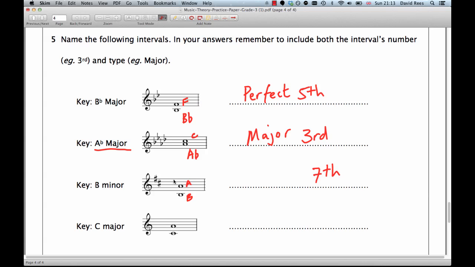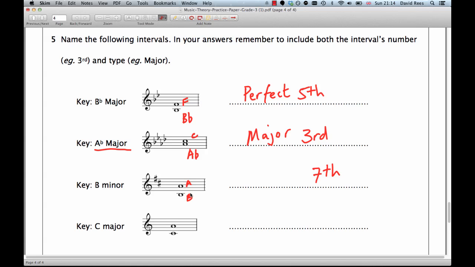And again, we've got to ask ourselves the question, what type of seventh are we dealing with? We know it's a seventh of some kind, but there are a few different types of seventh again. The way we work that out is exactly the same way as we did above. We think about the scale of B major. Now B major is one of those that is pretty far around the circle of fifths, almost at the 6 o'clock position, which means that it's got quite a lot of sharps in the key signature. It's got, let's see, an F sharp, a C sharp, a G sharp, a D sharp, and an A sharp,